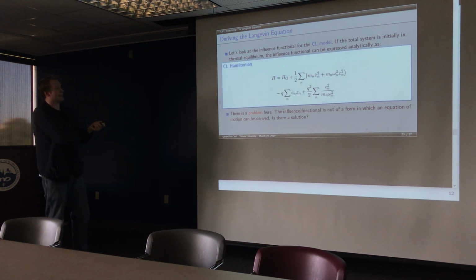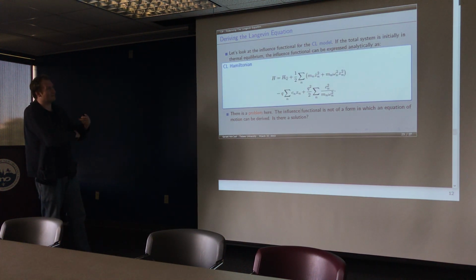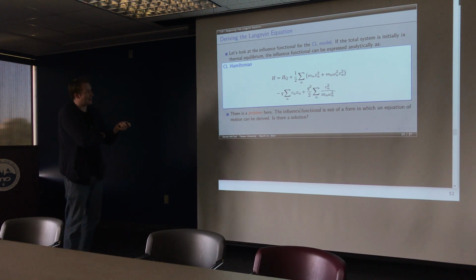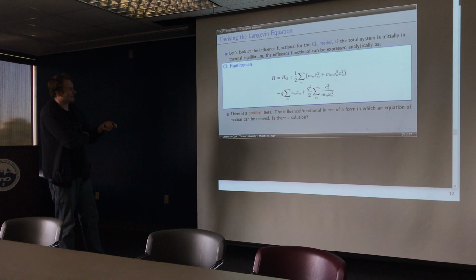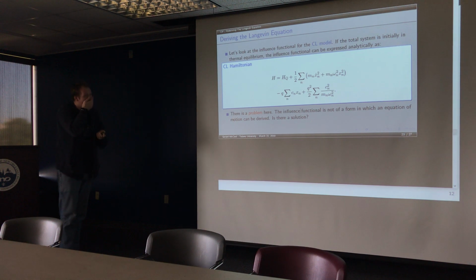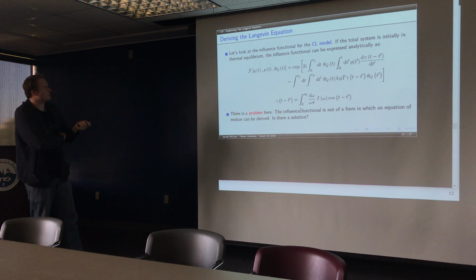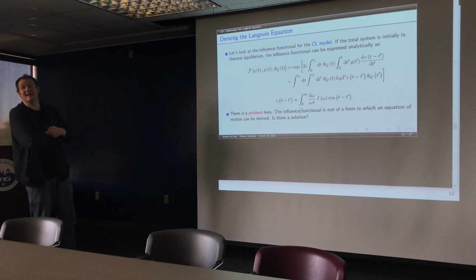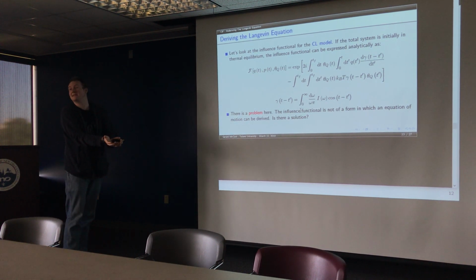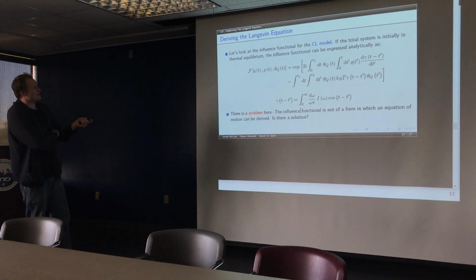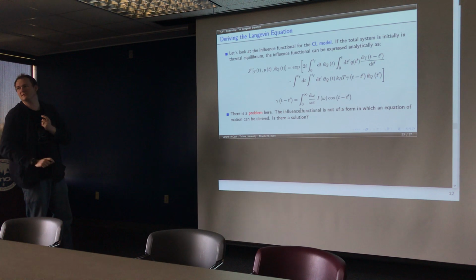So let's look at an example where you can actually solve what the influence functional is. This again is your Caldeira-Leggett Hamiltonian. We're going back to the way you would start with the Langevin equation. It's just a bath of harmonic oscillators with the linear interaction again, and this counter term is just a renormalization. It's to enforce translational invariance. For that model, you can evaluate what the influence functional is if you say initially the whole system is in a thermal state. If you do that, you get this expression for the influence functional, where this gamma of i omega in here is just the continuum limit of all the coupling constants to the different